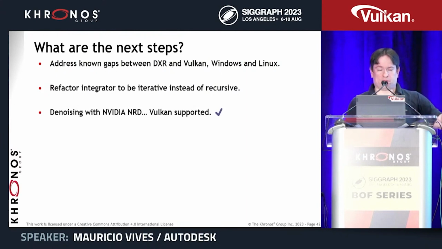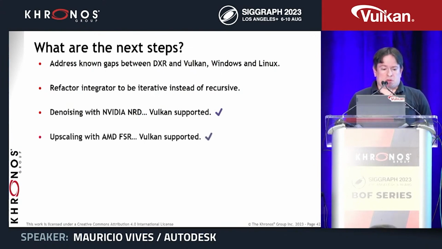So that video I showed has denoising. We don't have that in the public repo yet because it's an old version and we need to update to the latest that NVIDIA provides. It's called NRD, NVIDIA real-time denoisers. The good news is Vulkan is supported by NRD, so if you want to use it in your project, go ahead. It's good for us because we're going to use that Vulkan support when we turn that back on in the public repo. Upscaling with AMD FSR is another thing that we have in mind,